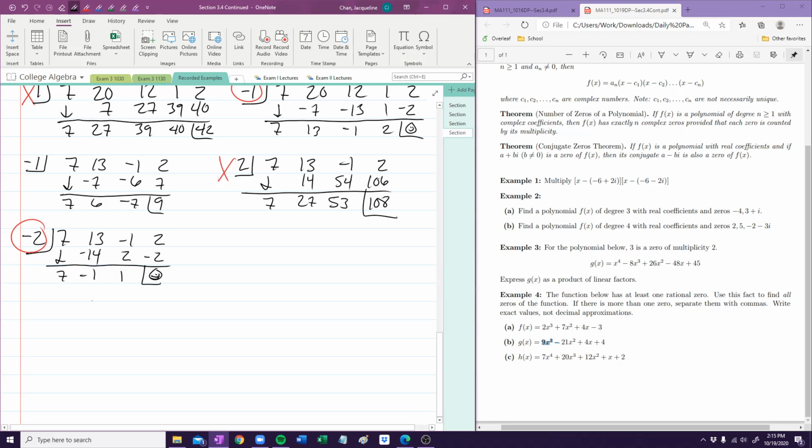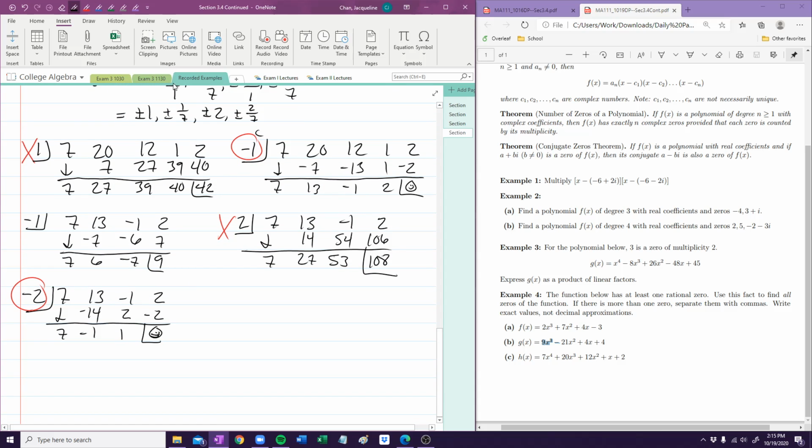So now what we can do is continue going. You could try it out. Because we're more limited, again, we don't have to check plus or minus 1 again, and we also don't have to check plus 2. I would still check minus 2 with the new one in case it's a multiplicity. But when it gets this small, as you can see, with this a naught and this a sub n, it's plus or minus 1, and then you would have plus or minus 1, plus or minus 7. Okay,